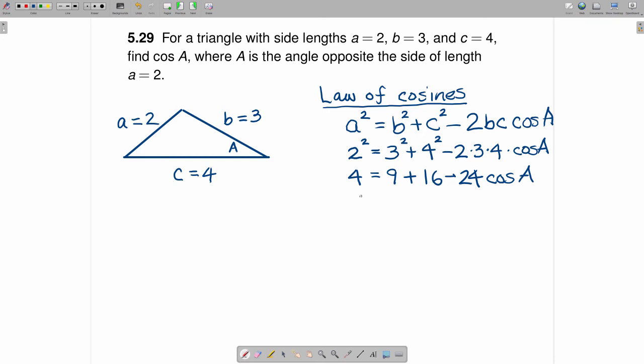You can see the 9 and 16 can be added together, so this is going to be 4 is equal to 25 minus 24